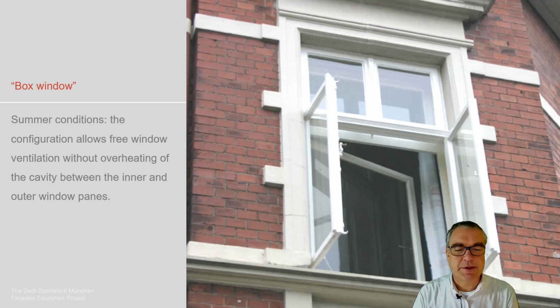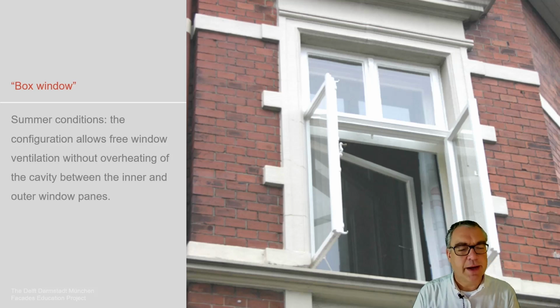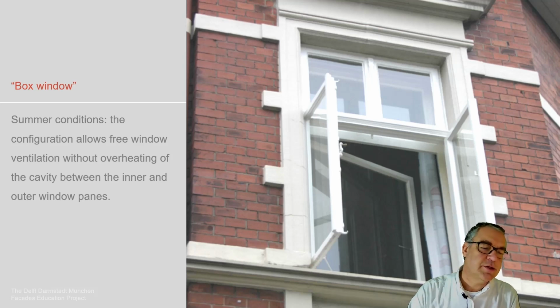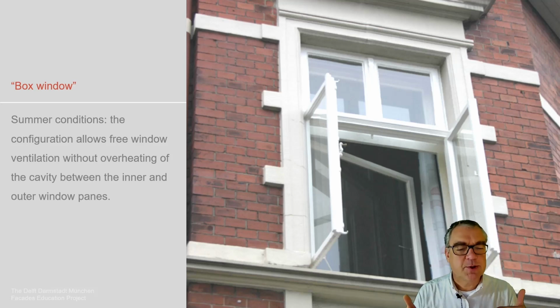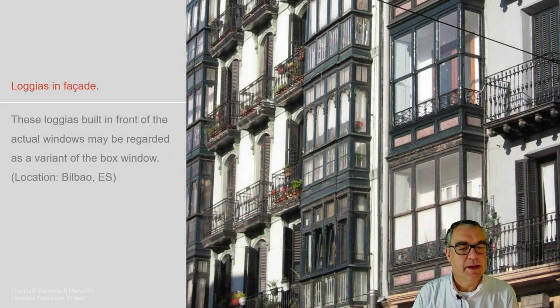So in this sample, somewhere in East Germany, the inner window opens to the inside, the outer window opens to the outside. You also see the inner window is quite large, which means that we have to take care of that in the inner situation. There are situations where these inner windows are supposed to be taken out, stored in summertime, and then replaced in wintertime in these systems. Another sample of how boxed windows may look, as we call this in San Sebastian.